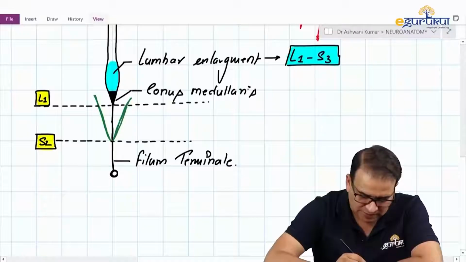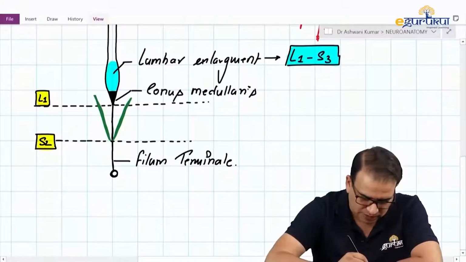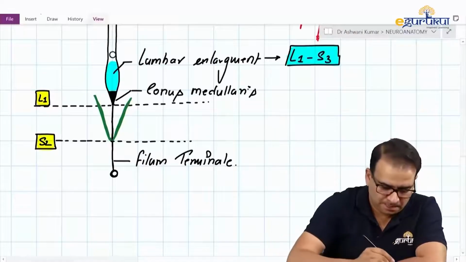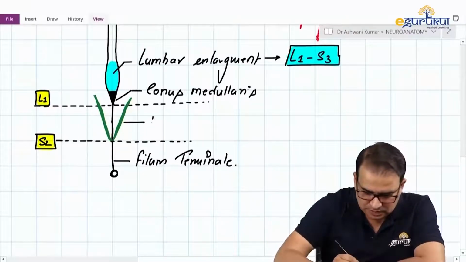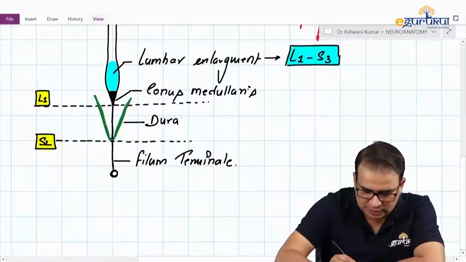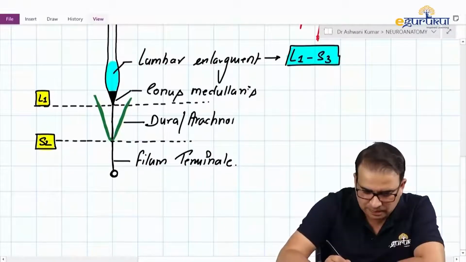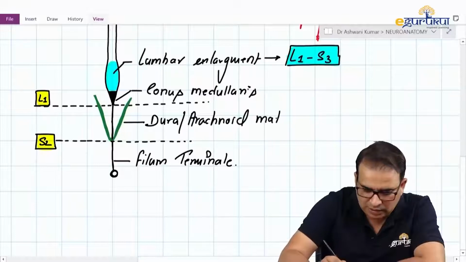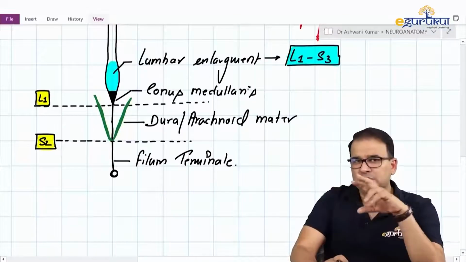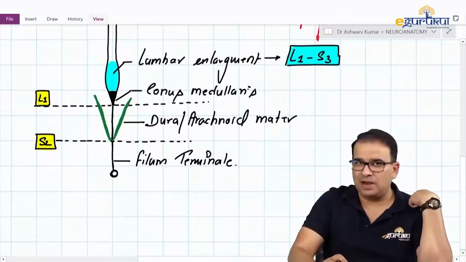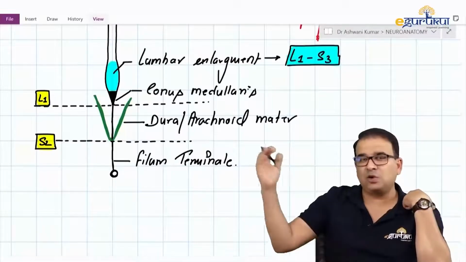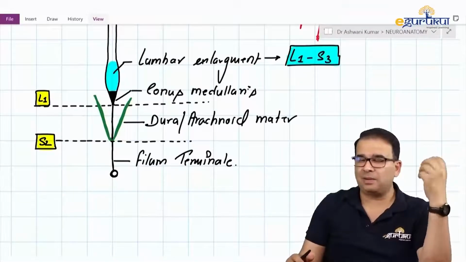Dura as well as the one which will be inside, that is arachnoid mater. So I'm just drawing it very dark here so that you don't miss this part. That line here is corresponding to the dura mater as well as arachnoid mater. Dura or arachnoid mater, so it's a two different question. Spinal cord extending till the L1 level, but not the meninges. Meninges are going beyond it. You can see the dura and arachnoid, they are coming till the